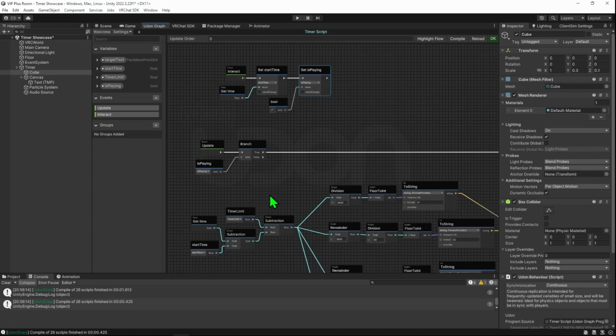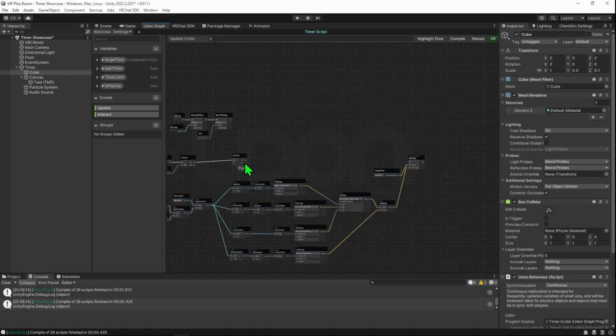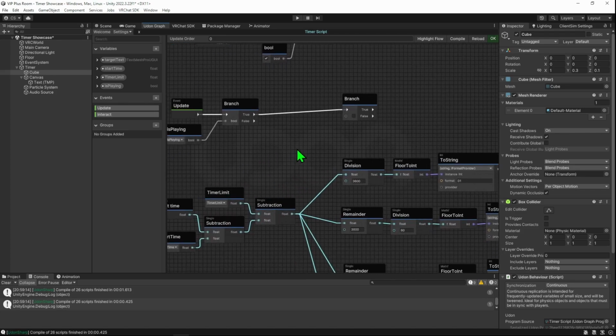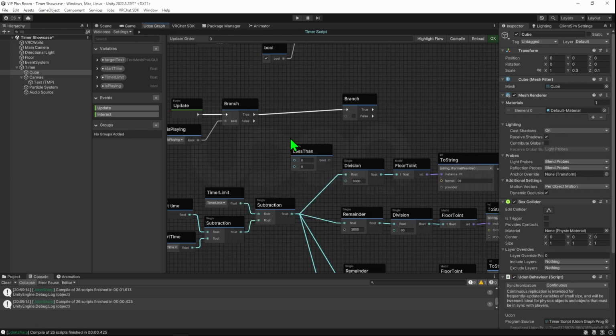However, we need to detect whether or not we have reached the timer limit. And for that, we just need to check whether or not this float is below 0. So for that, we want another branch node, and this is why I moved it across. So if we want to grab a float, and what do we want? If it's greater, sorry, we want less than, yeah, okay. So if this value is less than 0,